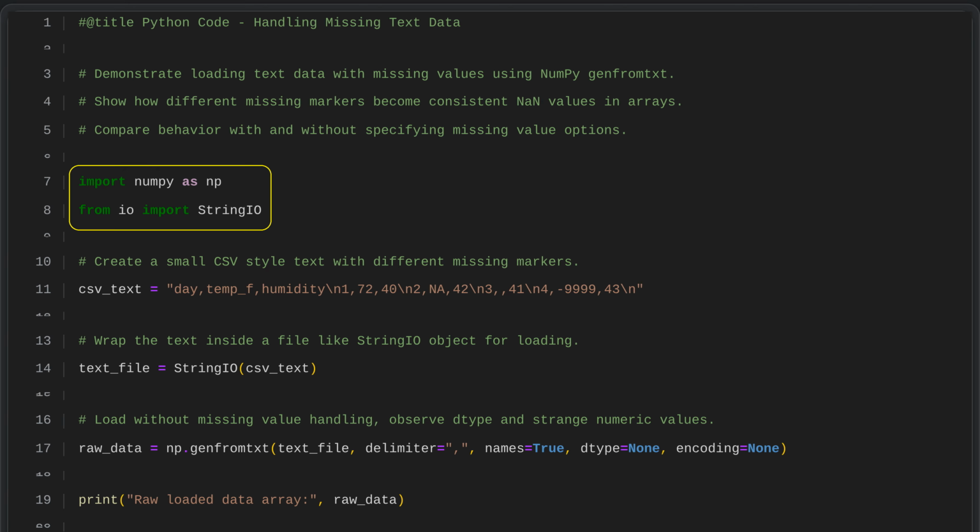We begin by importing NumPy, a Python library that provides efficient tools for working with numerical data and arrays. It is widely used to perform fast mathematical operations. We also import StringIO from the input-output module, which lets us create an in-memory file-like object from a string. This allows us to handle text data as if it were stored in a file, without actually creating a file